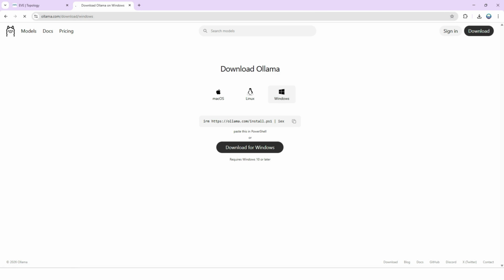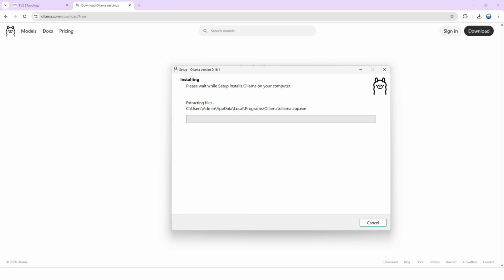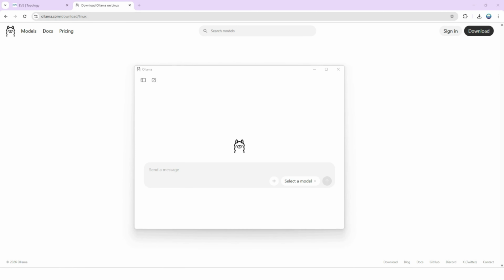Alright, the first thing, we need a local AI engine. So we're going with Ollama. It's free and runs locally on your machine. So let's head over to ollama.com and click download and grab the Windows installer. It's pretty straightforward to set up. Just run the exe and click through. Then Ollama installs as a system application on your Windows machine. It's currently available on all operating systems. So once it's installed, you'll get a chat interface where you can browse and pull the models.